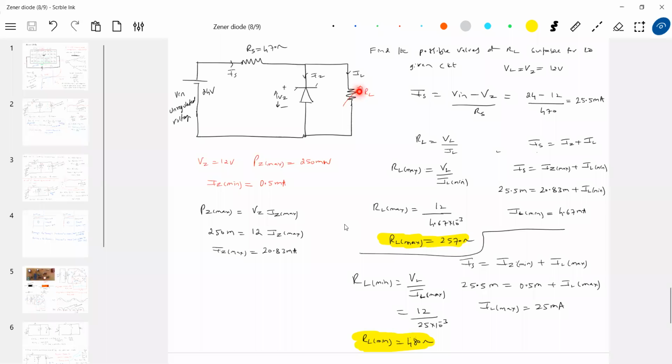Why is RL variable? Because as you start using the mobile, the battery gets charged, and when it does, its resistance will change. The change should be within this limit. Because you designed the charger in this way, your mobile resistance should not become more than this or less than this. In that way, it should be designed. If the resistance of the mobile becomes more than this, the mobile will burn out. Like this, some mobiles burst. The reason is poor design.